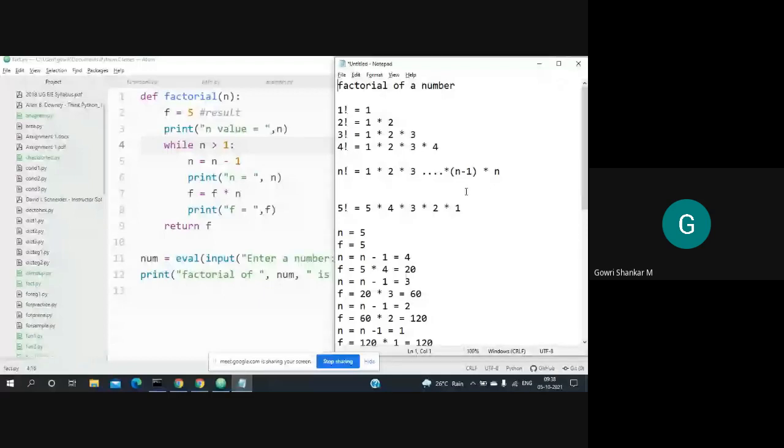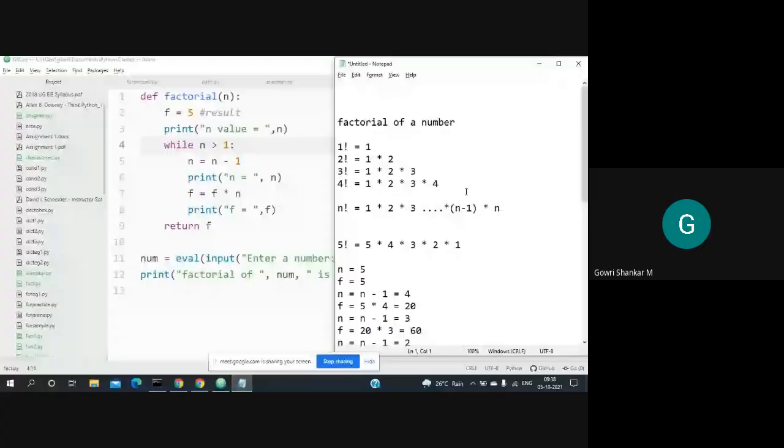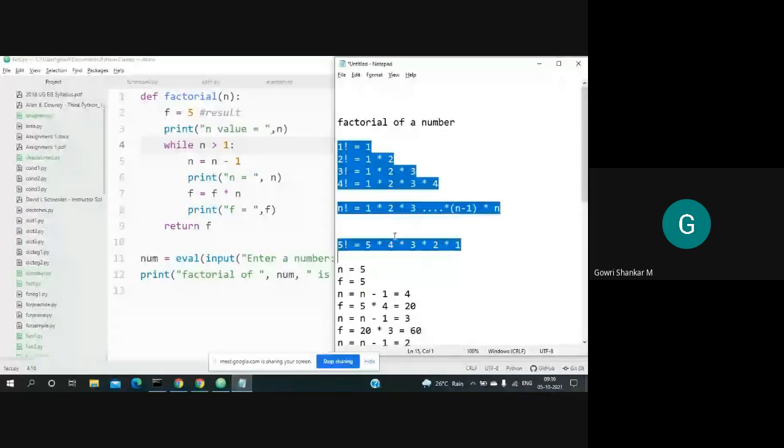Now, what are all the computations that you can write recursively? Whatever the computation, you have to express that computation as a recursive formula. Only then is it possible to write it as a recursive function. It is not that everything can be written as recursion. Only if you can express a computation using a recursive formula can you write it as a recursive function. For example, this is a straightforward definition of a factorial.